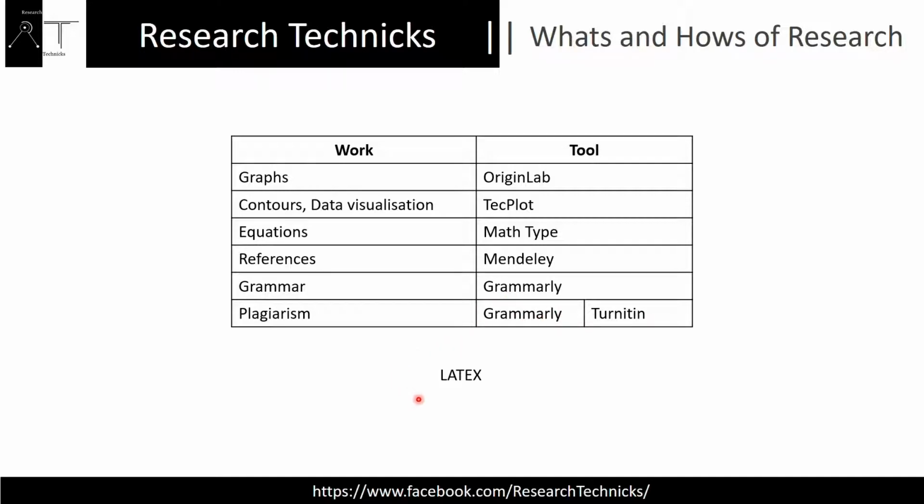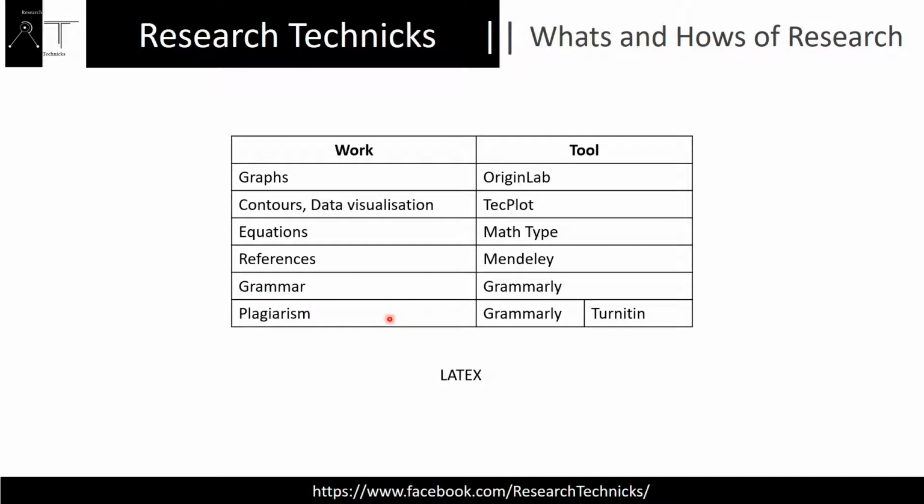And if you are using LaTeX, I don't think all these might be required, but I cannot give you any details about LaTeX because I have never used it. For typing or writing my thesis, papers, anything, I have been using MS Word, and all these are especially from graphs to grammar.